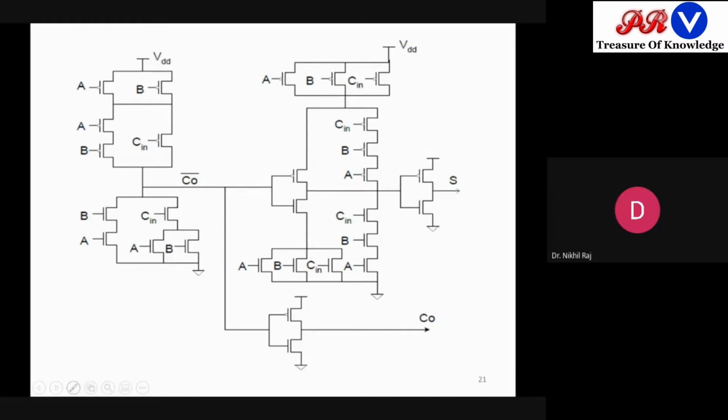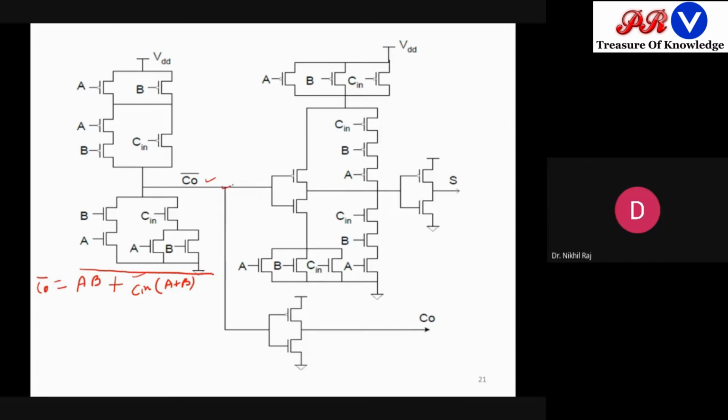Now this is a compound gate. So the question comes, what is the logic implemented by this function? In the same way, you read the pull-down network. If I read this pull-down network, this is AB and this is C in multiplied by A plus B. So effectively, at the output, both are in the plus form. So C out bar is nothing but this value, and this will be given in the complement form.